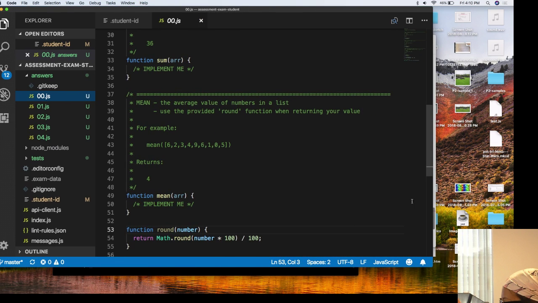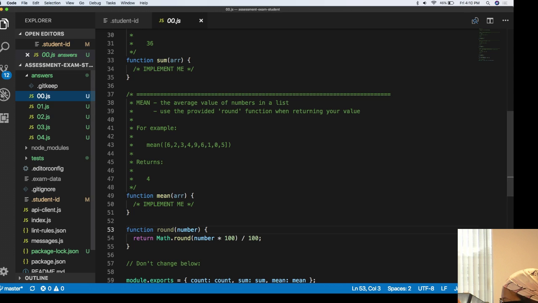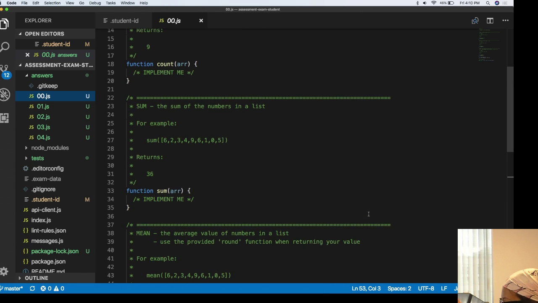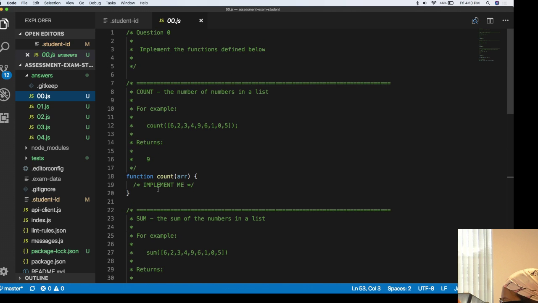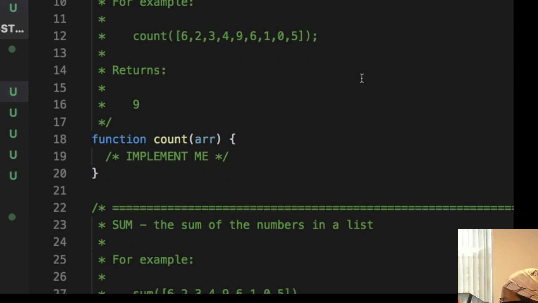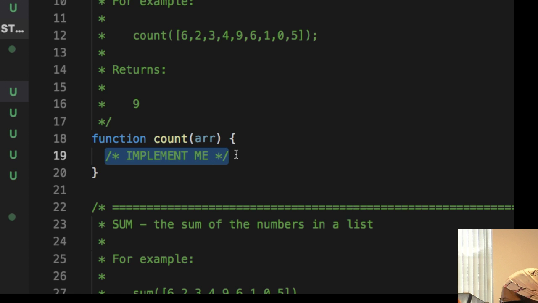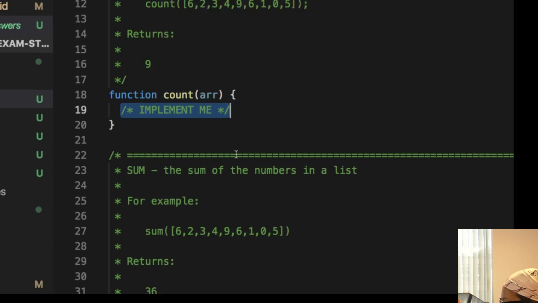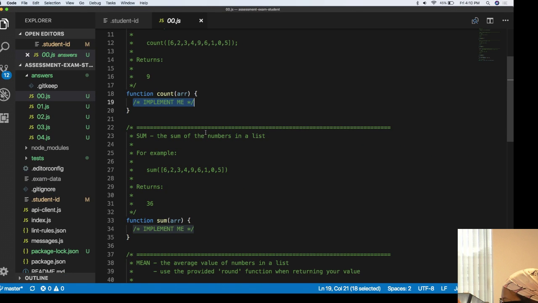What we have here is something very similar to what I was talking about this morning when we're running tests, right? Here are a bunch of functions that haven't been implemented. This tells me that I need to implement a function that counts the number of things in a list, and once I've implemented it, then the test will pass.